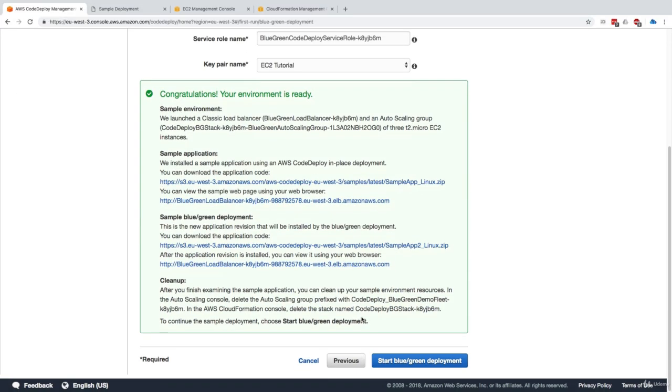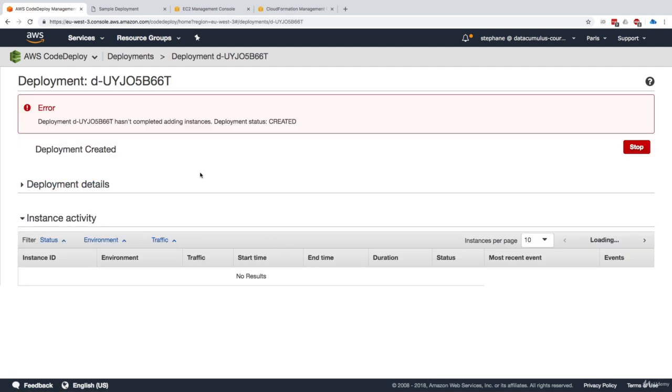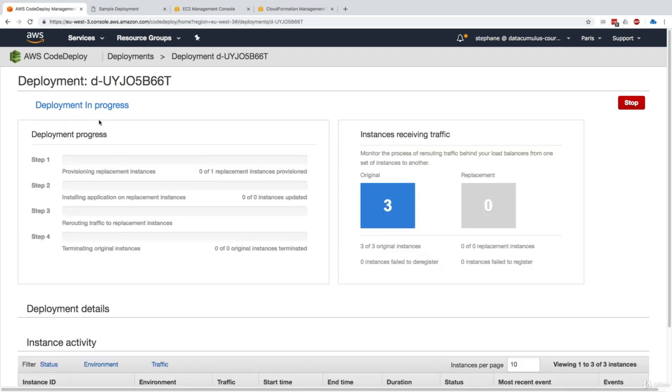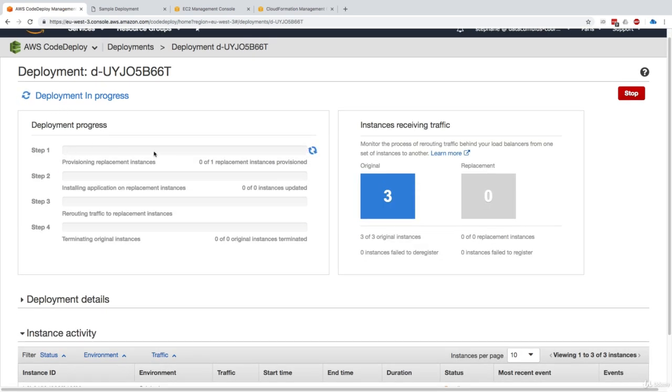Now we're going to go ahead and start the blue-green deployments. So I'll click on start blue-green deployments. And we get a small error message, but I think this one goes away if I refresh the page. Here we go, deployment in progress. And so we get this very nice UI. I'm actually very impressed by the quality of the UI here,